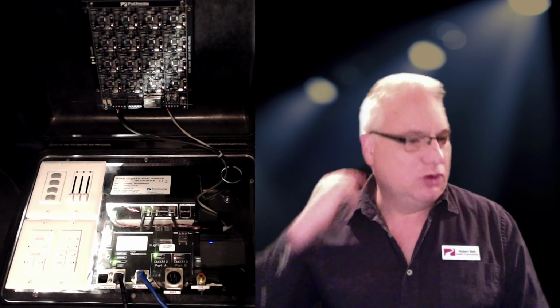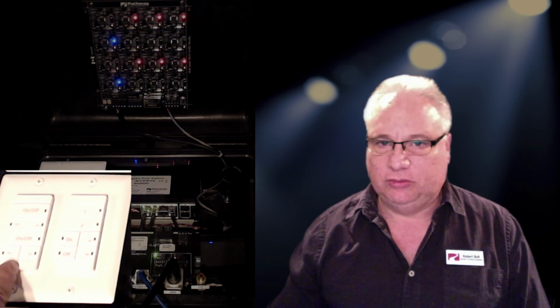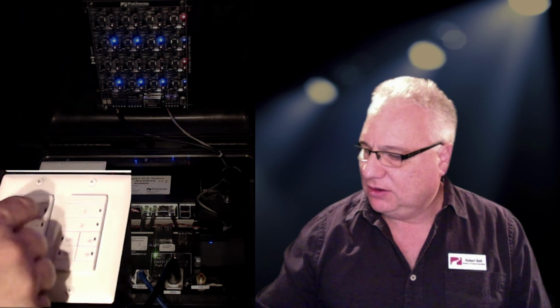to demonstrate it, what we're going to do is turn on our house lights. People are entering the room. Then it becomes time to turn on the lighting console and have it take over. So we're going to plug the lighting console in. And immediately you see that the house lights faded out and the lighting console started doing what it's doing on the stage. The LEDs on my wall pods have turned off, and I cannot override by pressing a button turning on the house lights. And when I unplug my lighting console,